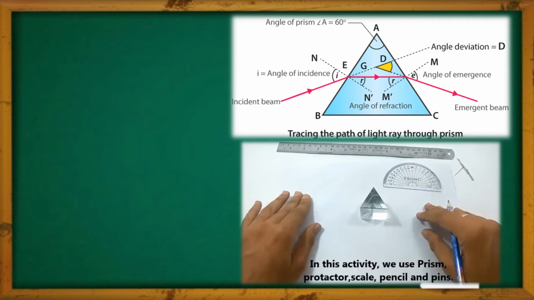As I told you, there are several important terms related to the prism. As you can see in the diagram, the prism has several important terms like incident ray, emergent ray, angle of prism, and angle of deviation. So what are those? Let us know. Here is a prism ABC which has two refracting surfaces, AB and AC, and BC is the base of the prism.